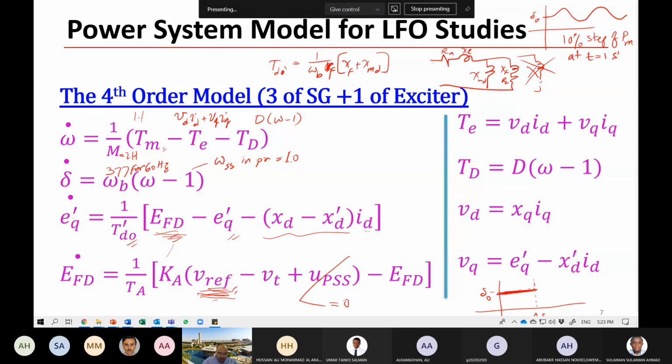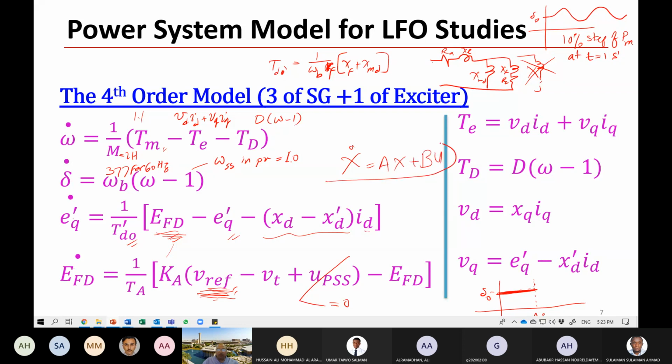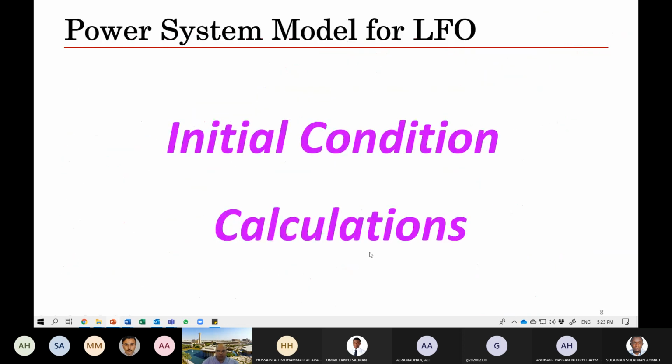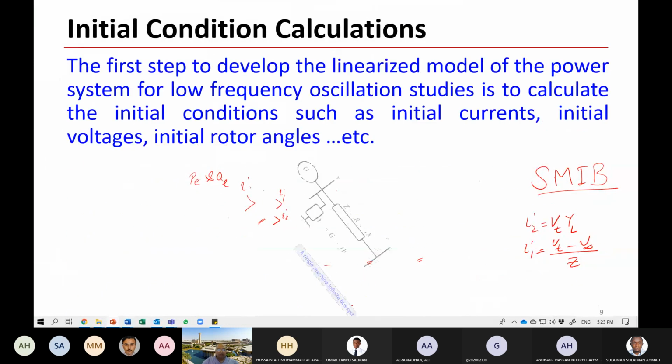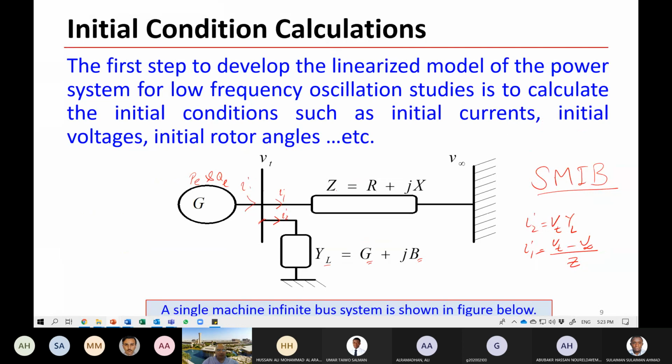We need to put the system model as such: x dot equal to Ax plus Bu. In order to linearize, we need to find the initial condition, and then we can linearize around the operating condition, a specific operating condition. So we have two ways to find the initial conditions of the machine or of the plant. The first one, we started with some of the constant definition, but let me